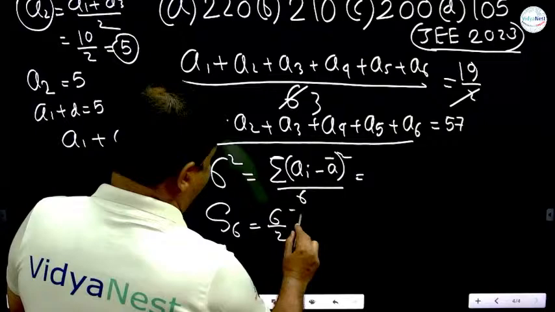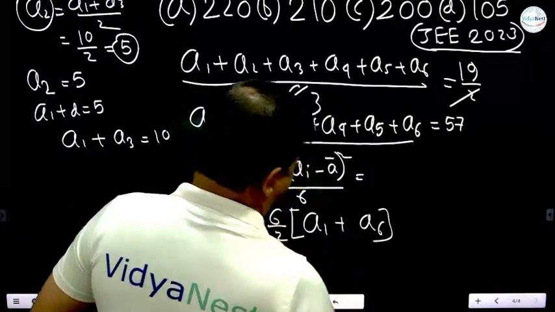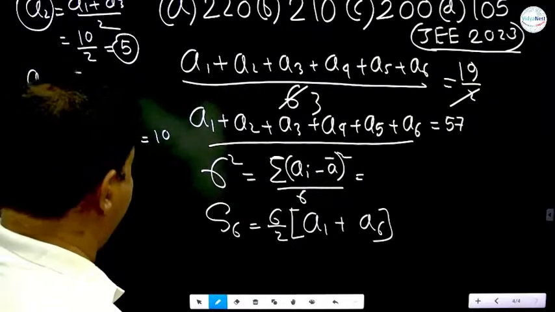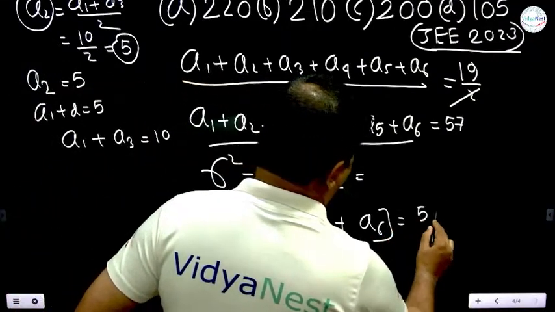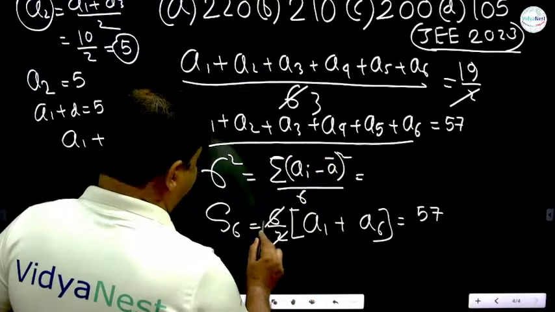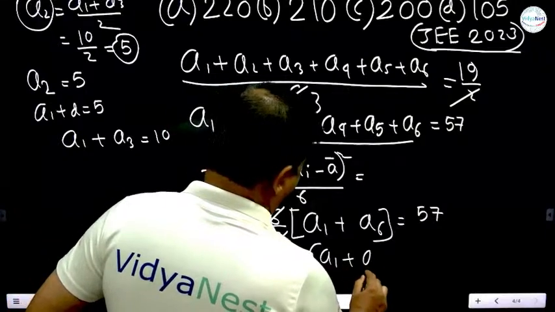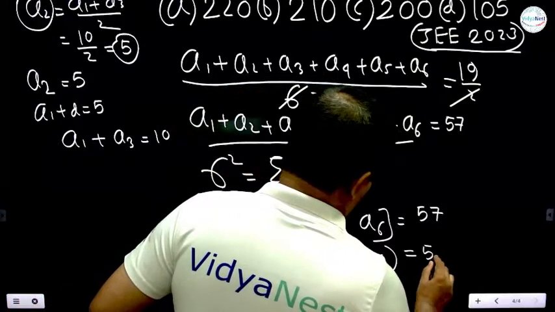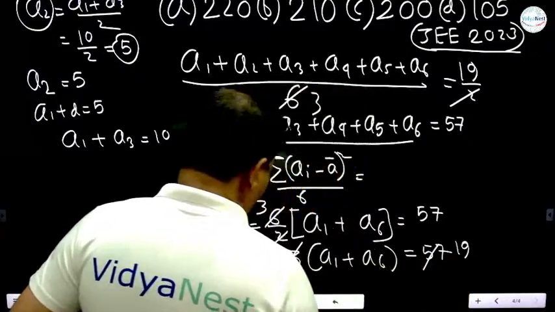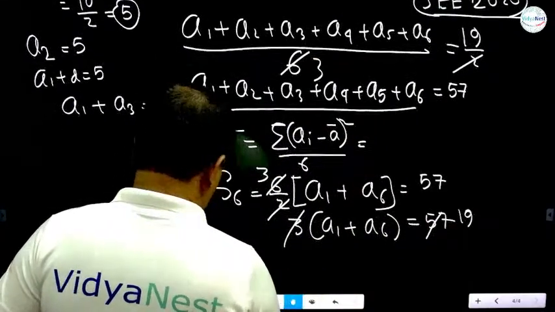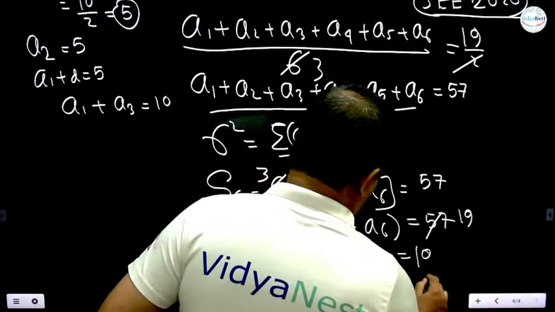AP में किया था, फर्स्ट टर्म प्लस लास्ट टर्म, है कि नहीं? इसका वैल्यू बोला 57, सो 2 और 6 तो कैंसिल हो गया। A1 प्लस A6, ये 57। सो A1 प्लस A6 मिला के 19 हुआ, और एक रिजल्ट मिल गया, A1 प्लस A6 19।